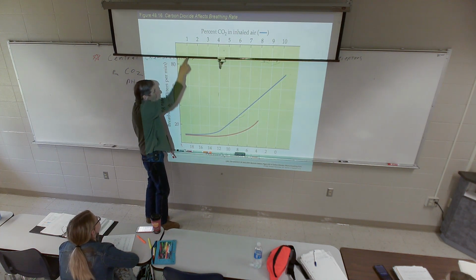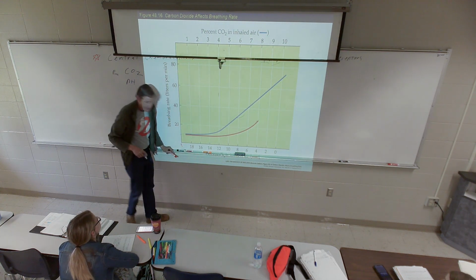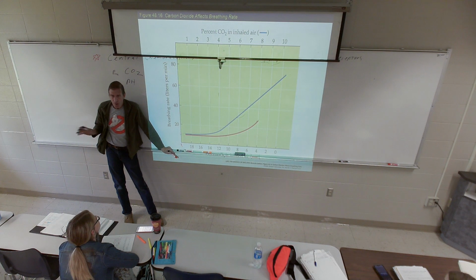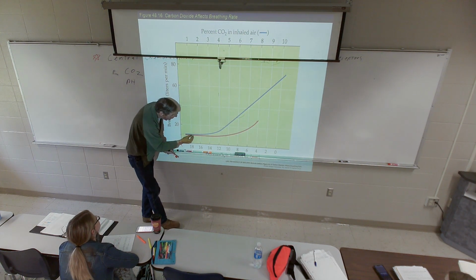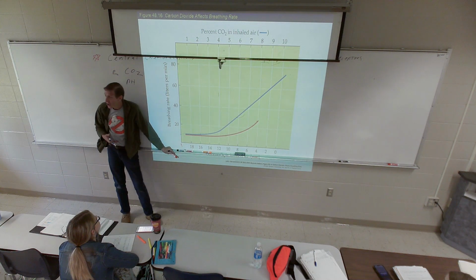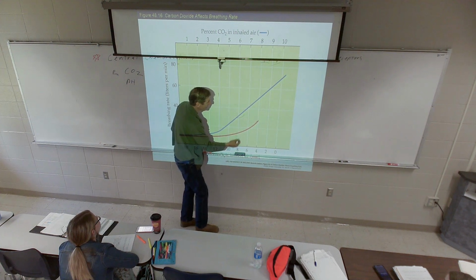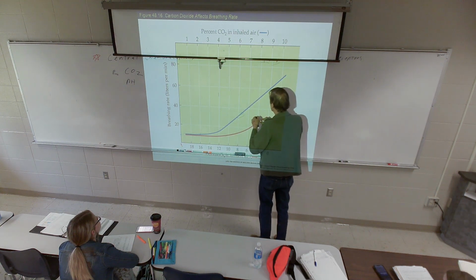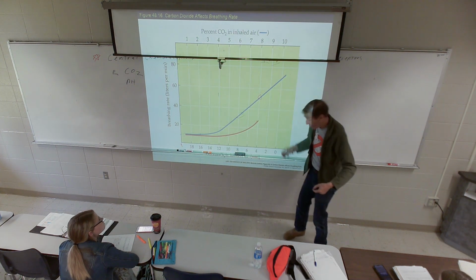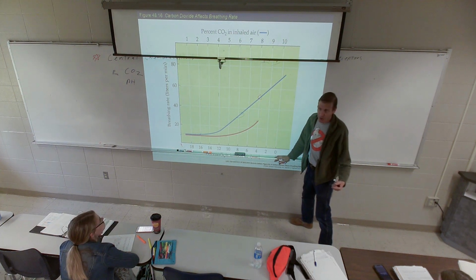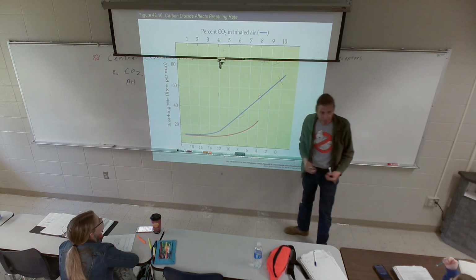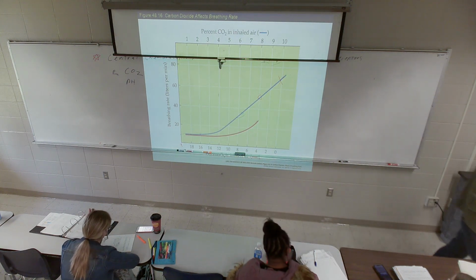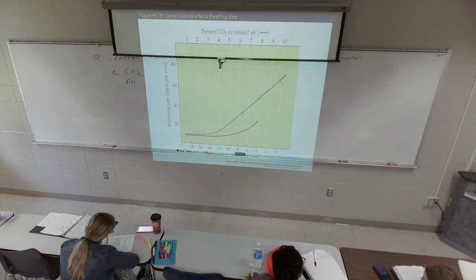Now, I up the CO2 in the inhaled air to 1%. Does that change anything? No. At 1% CO2, you can see no change in ventilation. Now I change it to 2%. Do you notice a bit of a change? Yes. Just at 2% CO2, your breathing goes up. By the time I get to about 8% CO2, sorry, wrong scale, your breathing is about maximum. At 8% CO2, you'd be pumping as fast as you possibly can. At 10% CO2, you're dead. So maximal breathing is about 8%. What this chart is trying to show you is that you are really, really sensitive to carbon dioxide levels in the air.